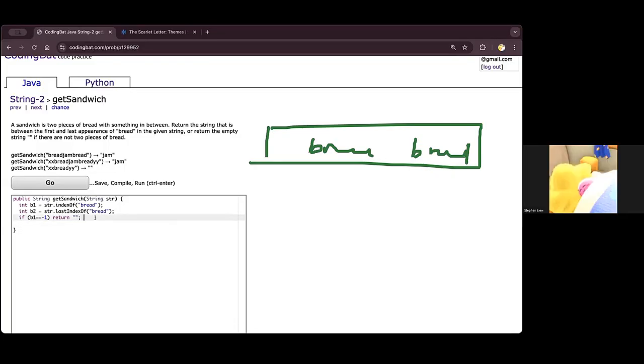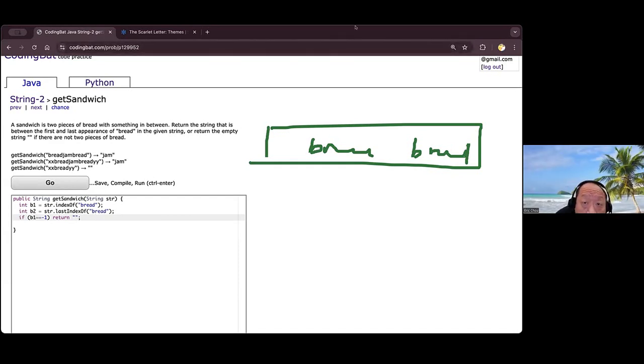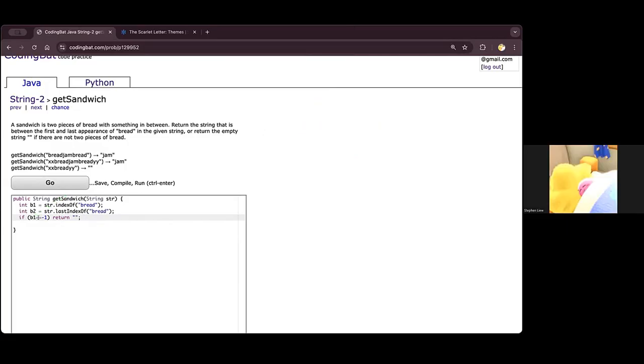Wait, because isn't the word supposed to be sandwiched between bread? And if there's only one bread, you can't really sandwich it. No. Right here, you already have B1 is -1. That means there is no bread. No bread, so you don't need to check the last bread, because the last bread won't be there because you already have no first bread. So since this one is -1, then the last index will also be -1. So you just check if the B1 is -1 or not. Yeah. So this one already sees that